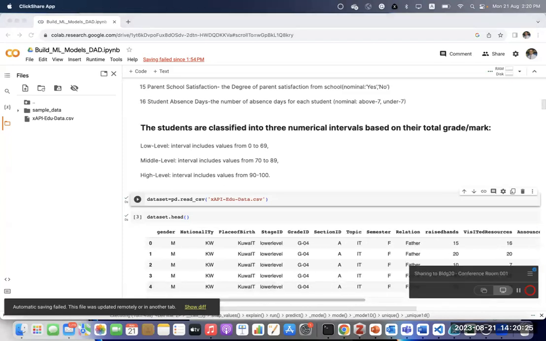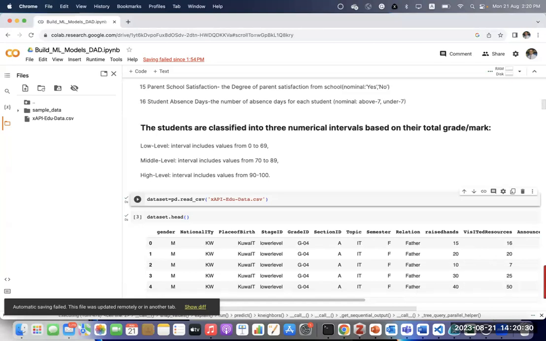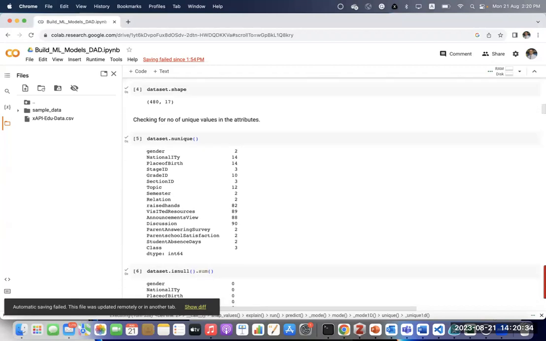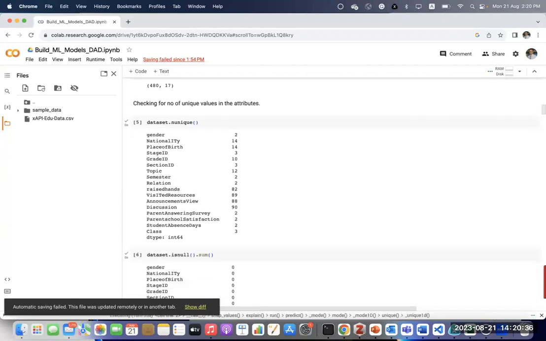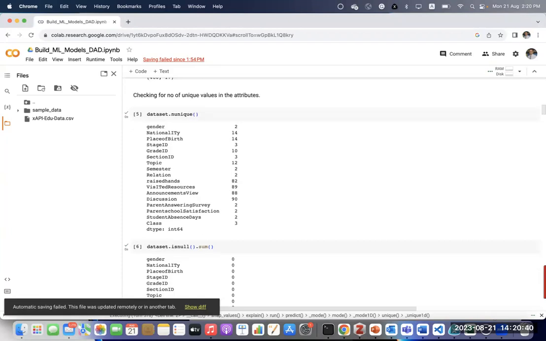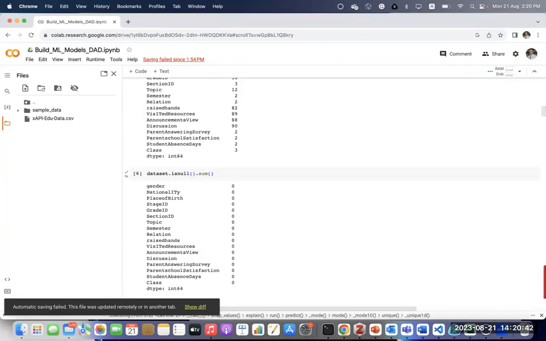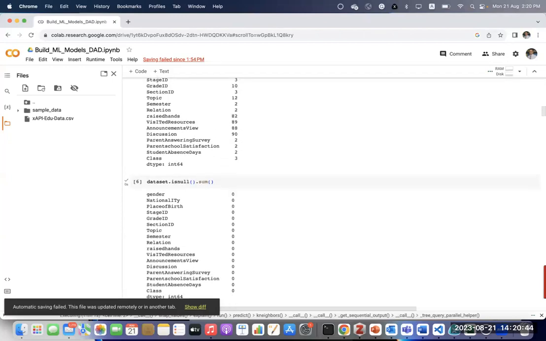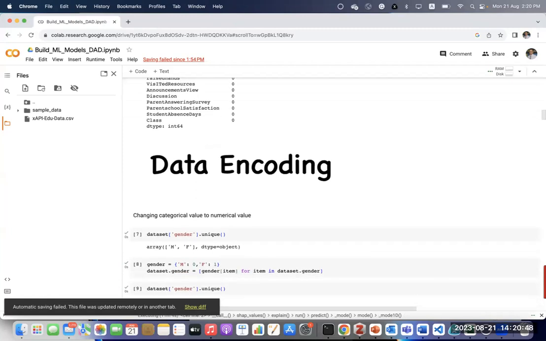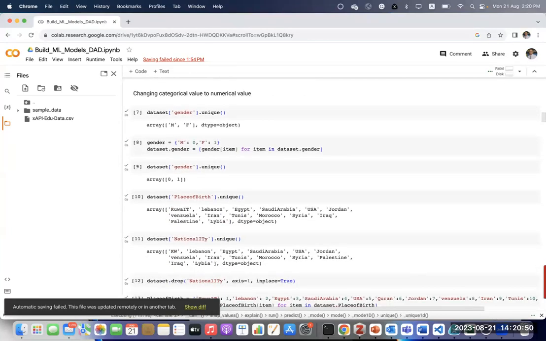And after loading, we have to go through the steps. This is the shape. You have to find how many unique attributes are in your data. Then you have to check if you have missing data, using the function isnull, not being empty. Then you have to do the encoding.